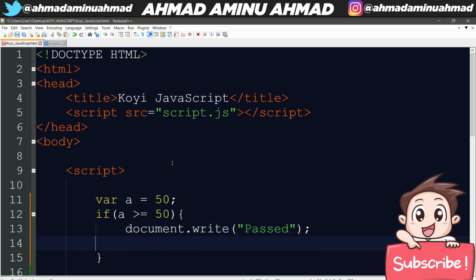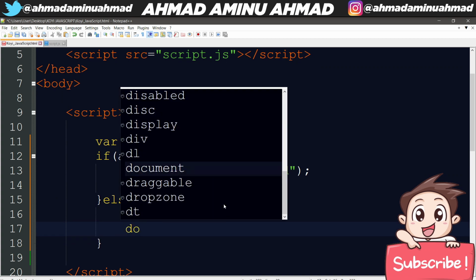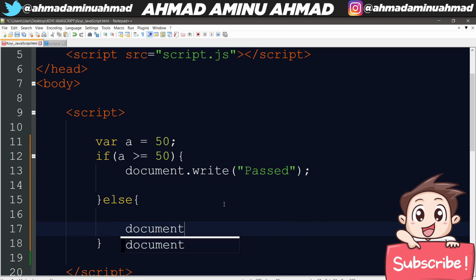So I'm going to create the else. For the else, you need to come at the end of these curly brackets. At the end of this curly bracket, the second one, the closing one. You see, there's the opening and this is the closing of the curly bracket. So at the end of this, just write else and create another curly bracket. Then you press enter like this. Inside, just click on tab, then you are going to say document dot write, then I'm going to say